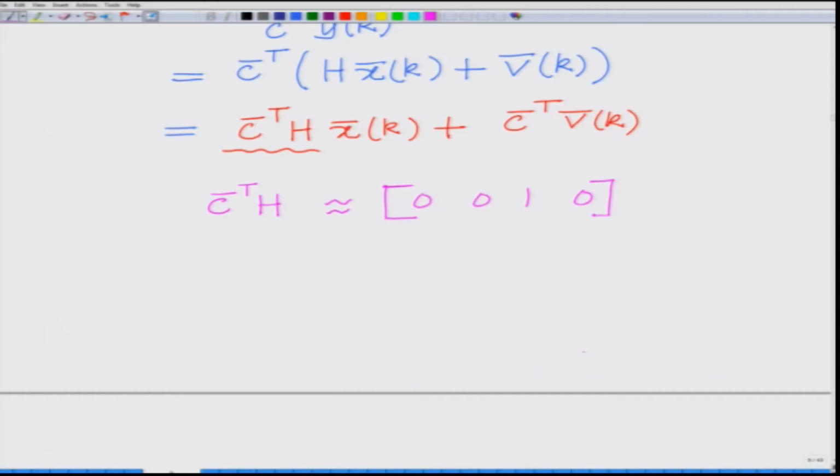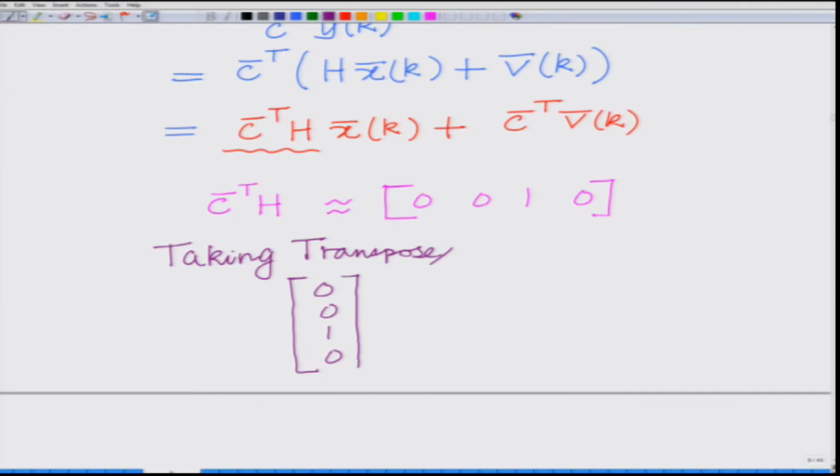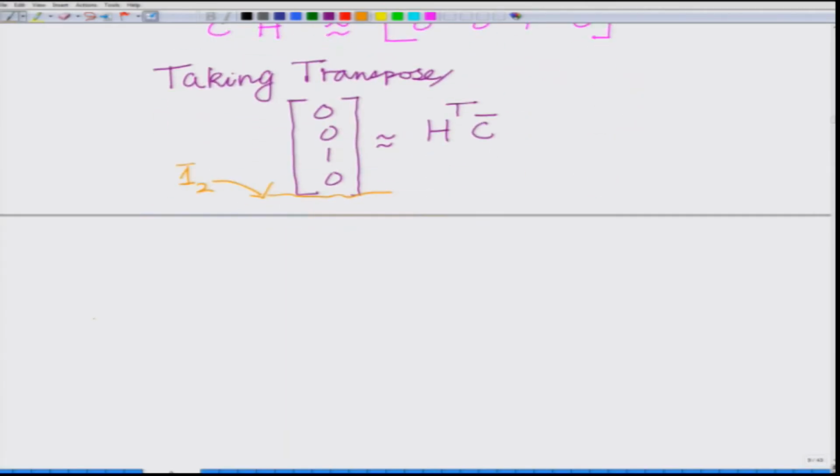Now, having taken the transpose, this vector 0 0 1 0 should be as close as possible to this vector H transpose C bar, and this vector we denoted by 1 bar 2, which is 1 in the 0th position. In other words, we want to minimize